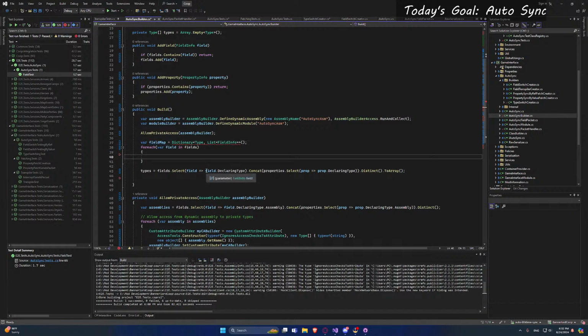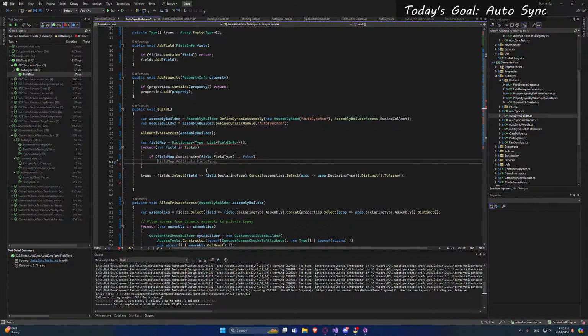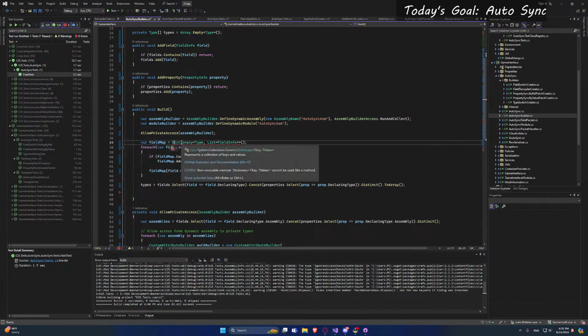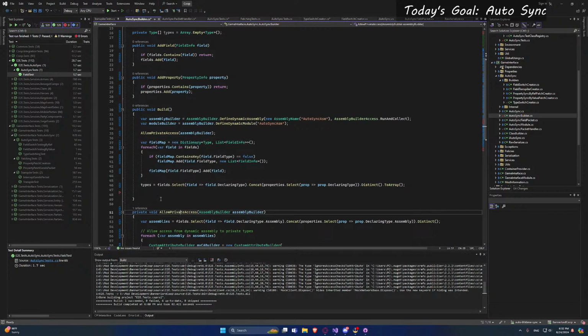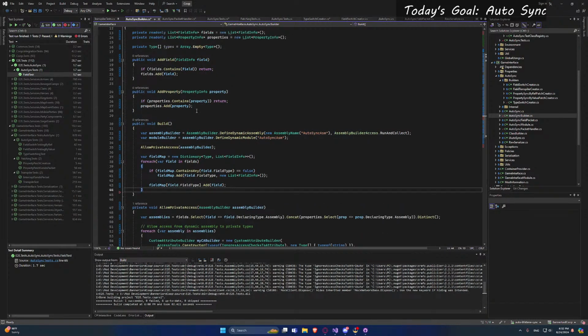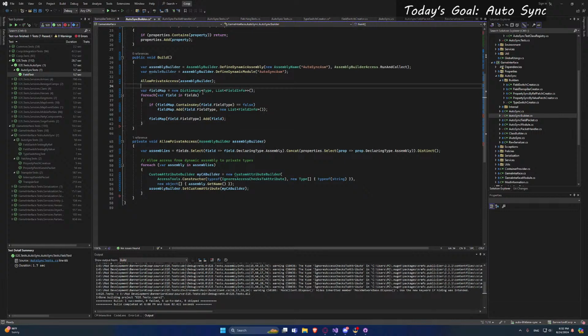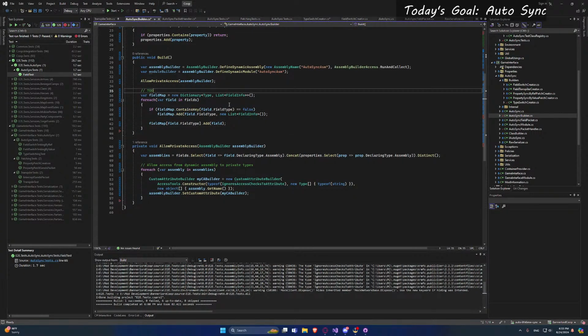Okay. And if false, I need to put new. I want to do the same thing with properties, but for now we do same with